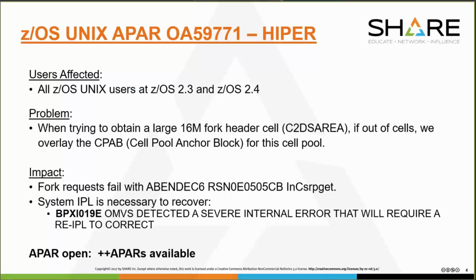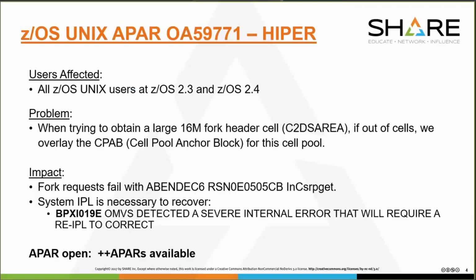The impact is that fork requests that need these larger 16 meg cells will fail with an ABEND EC6, and in some cases, a system IPL is also necessary to recover,